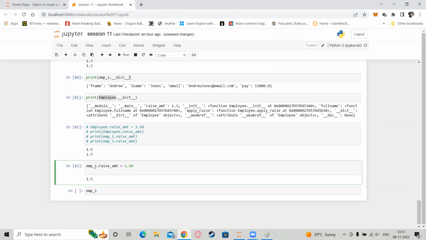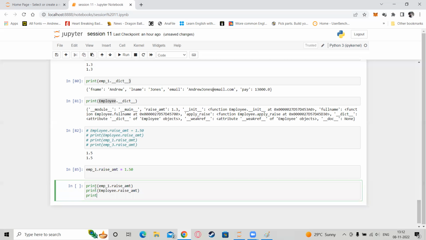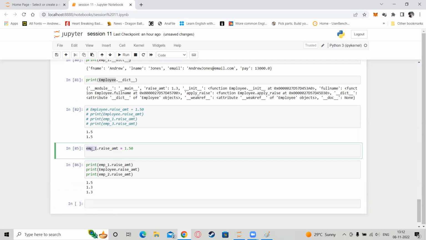Okay, now print emp1.raise_amount, print Employee.raise_amount, print emp2.raise_amount. Now you will see, only as we changed that attribute value within an instance,